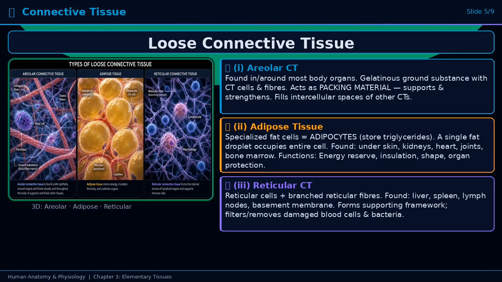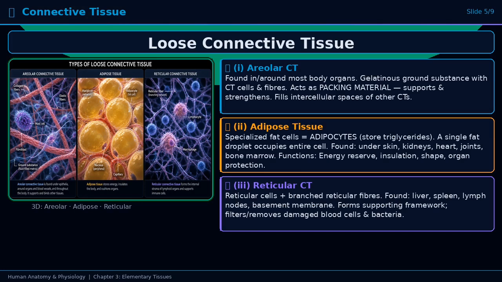Loose connective tissue consists of loosely arranged fibers embedded in the ground substance. It has 3 subtypes. Areolar connective tissue, found in and around most body organs, acts as packing material, supporting and strengthening other tissues. Adipose tissue consists of specialized fat cells called adipocytes that store triglycerides, found under the skin, around